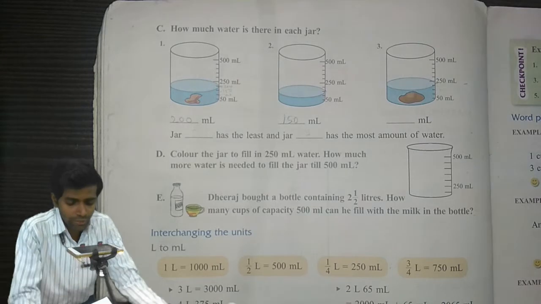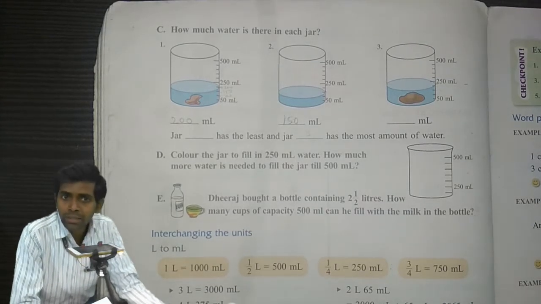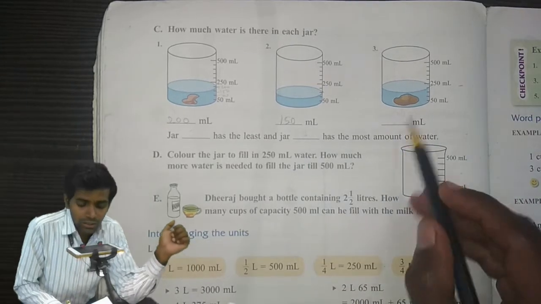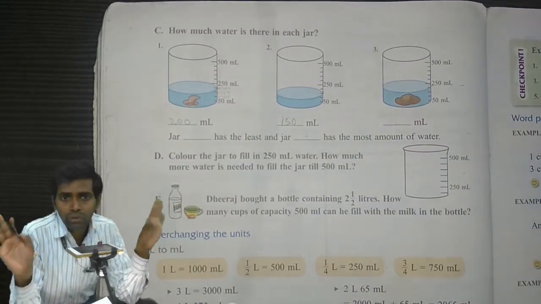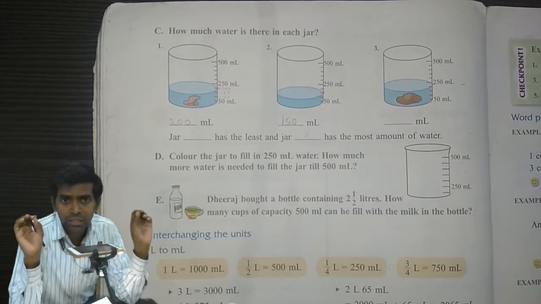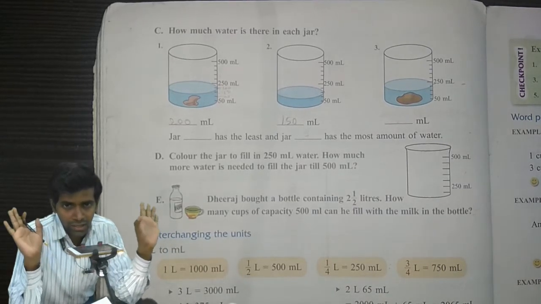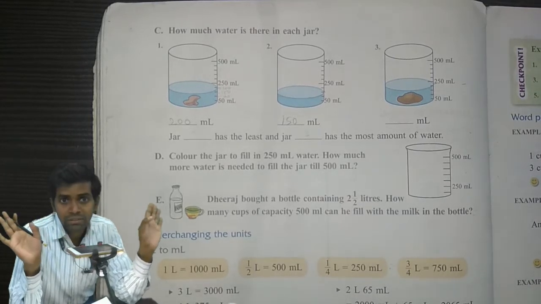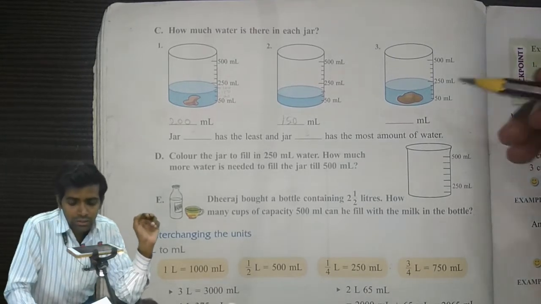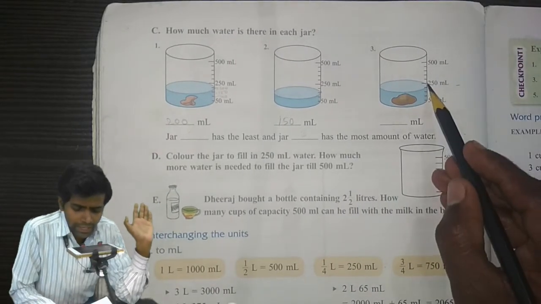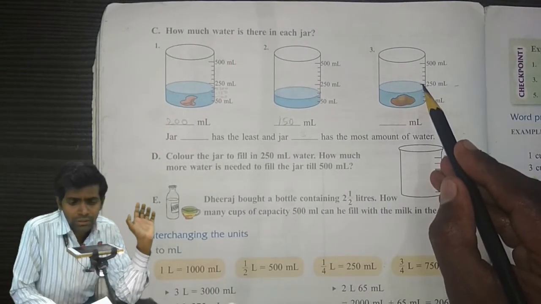Okay, so now let's move towards the jar number 3, and the jar number 3 is this one. ये jar number 3 है, ठीक है. And there is a big stone. We have to ignore the stone. हमको इस stone से कोई मतलब नहीं है. We have to find the amount of water inside the jar, ठीक है, with the help of only and only the scale which is given just side of the jar.